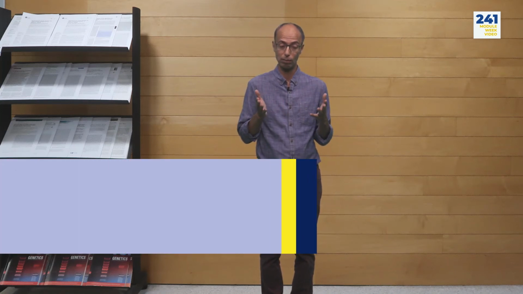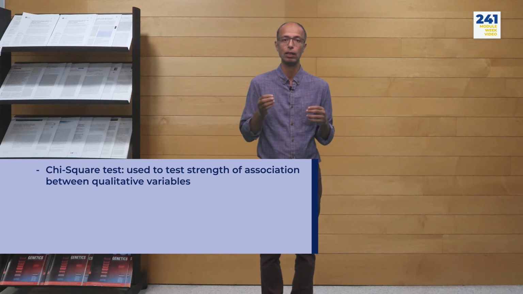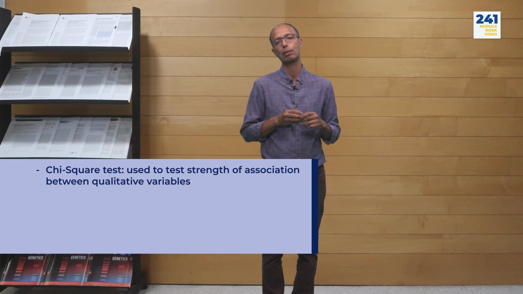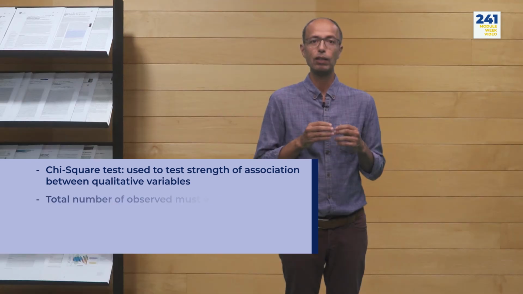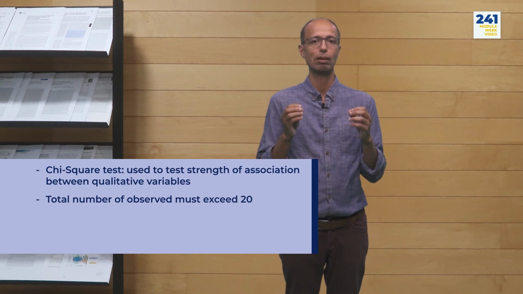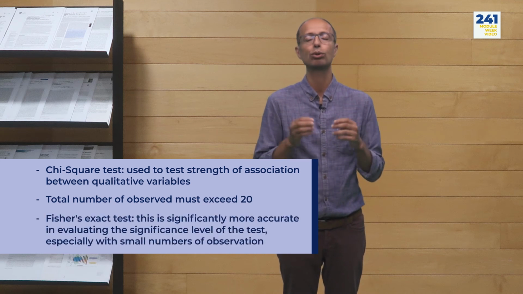This test calculates an approximate p-value. This approximation is good enough if the total number of observations exceeds 20 and expected values are higher than 5. If data do not meet these requirements, Fisher exact test should be used. To report the strength of the association between both variables, we may use relative risk or odds ratios.